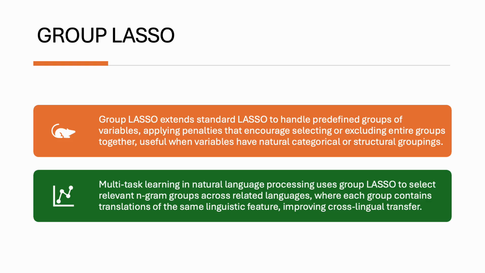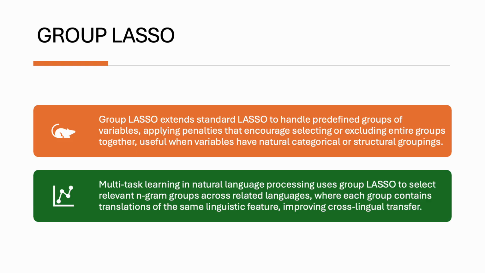Imagine you're building an AI agent that helps students decide if a movie review is positive or negative. Your AI system looks at thousands of words, but here's the key insight: certain words naturally belong together in families. For example, the happy family includes words like happy, joyful, delighted, cheerful, and pleased. They all express similar positive emotions. The sadness family has sad, unhappy, miserable, depressed, and gloomy.